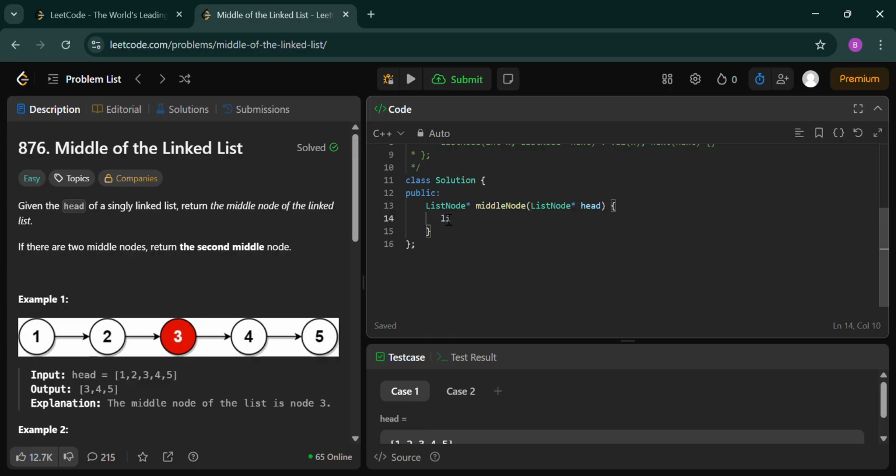So the code for this is: ListNode* slow equals to head, first we have to put it on head, and then ListNode* fast, which I also put on head. Then I will traverse through the linked list through a while condition: when fast is not equal to null